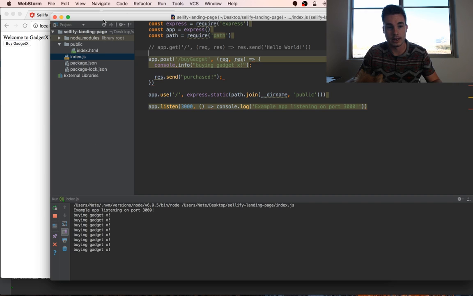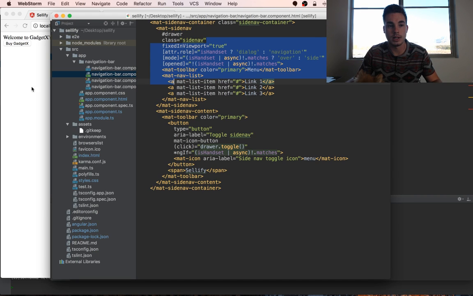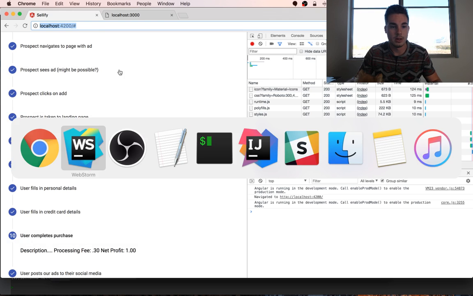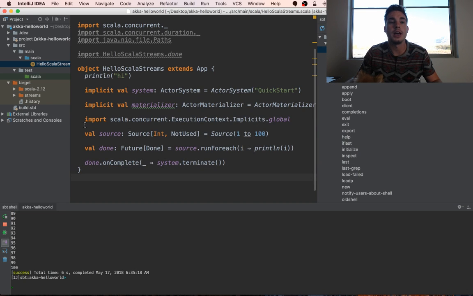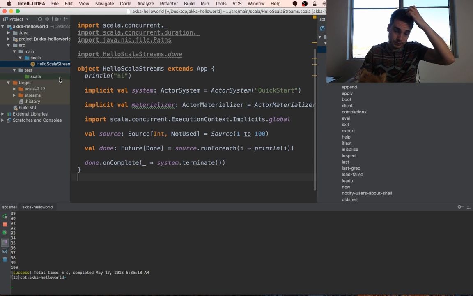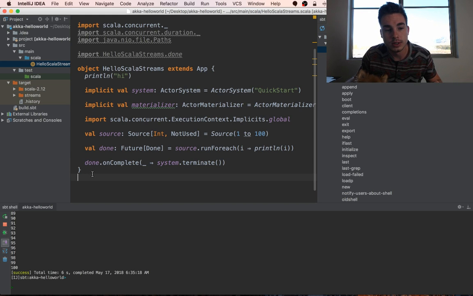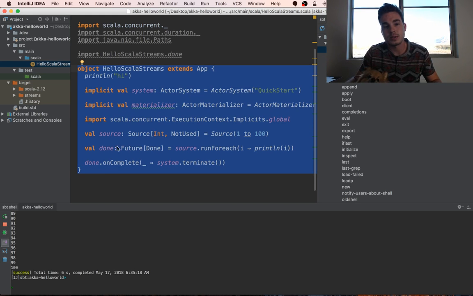We've set up our landing page, we've set up our dashboard here, and we've also set up a backend that's meant for the processing of real-time data using Scala and Akka. So now I want to start processing events in this project, and prior to this we did a hello world,